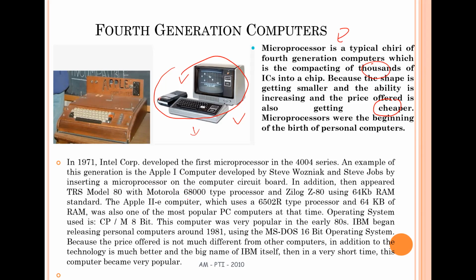For the old ones, there is the Motorola 68000, Xerox 880, and then the Apple II computer. There are a lot of types that were introduced with this size. This one is the Apple, the first one, the Apple computer.